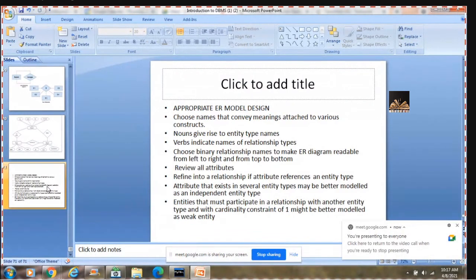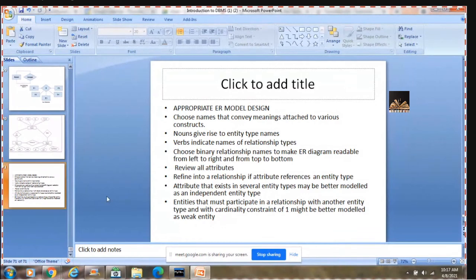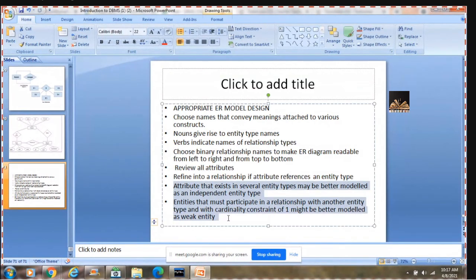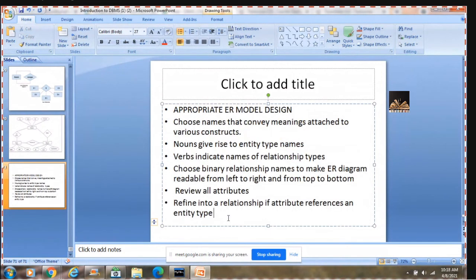Whatever we have done, whenever you're working with an ER model, choose the names of the attributes, entities or relationships that convey meaning. If I want a property of student which specifies the marks in a particular subject, I can write it as marks underscore physics, marks underscore computers. That way I want to write.